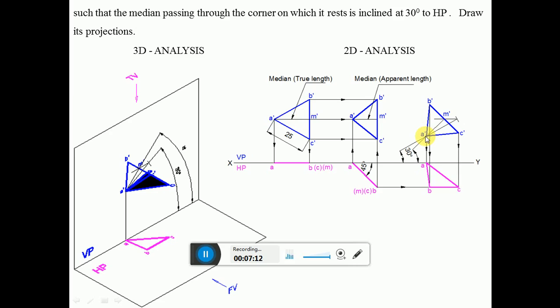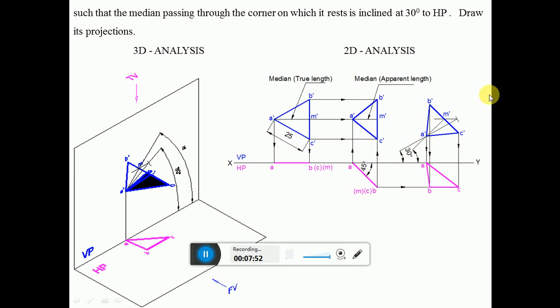From any point on this 30 degree line, you cut an arc on that line and you get this point. Once you get this point, you draw a horizontal projector, a locus line, and then you take the apparent length, which is A dash M dash, with the same center A dash, and cut an arc on this to get the M dash point. Then draw this line, which is going to be the apparent inclination line. It is alpha, because it is in the front view.